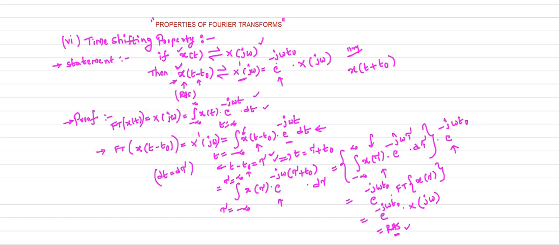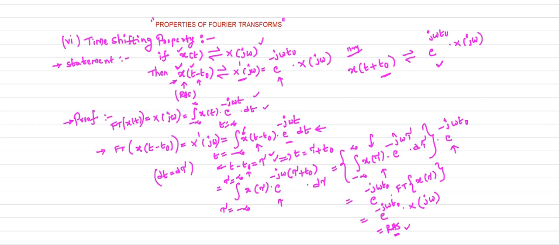We know X of j omega. If you multiply X of j omega by this factor, we will get the Fourier transform. Now I will generalize this case. I will perform the left hand side shifting operation. For that, what is the Fourier transform of x of t plus t naught? Here the Fourier transform of x of t plus t naught is e power j omega t naught times X of j omega. So if you perform the operation, you can get this result.